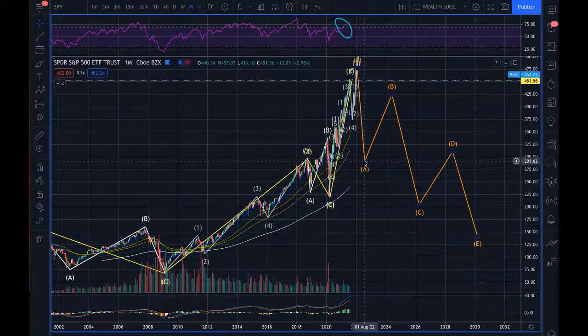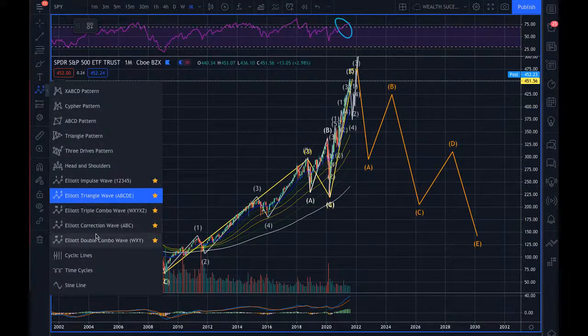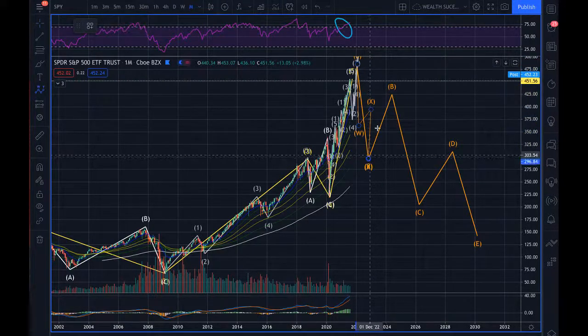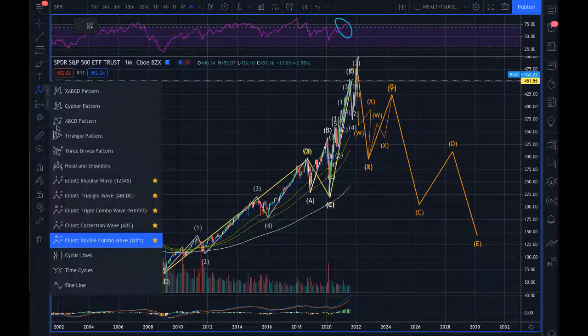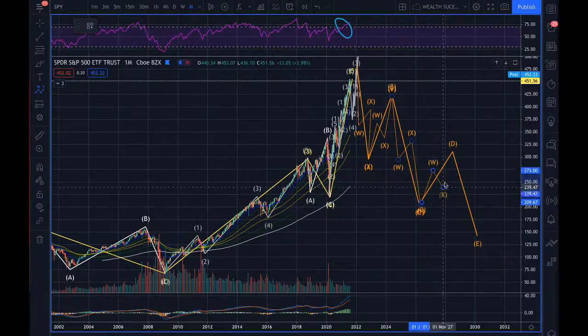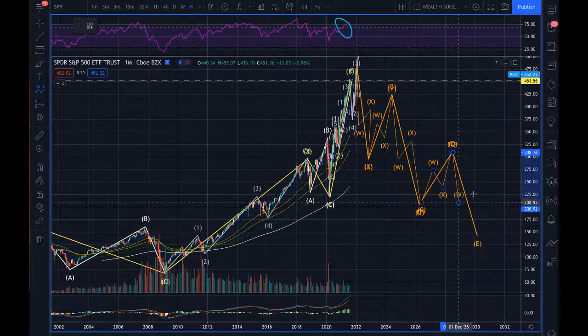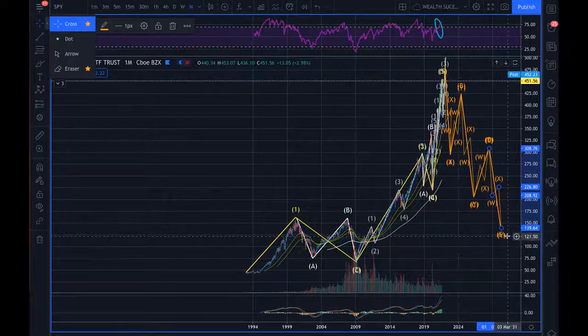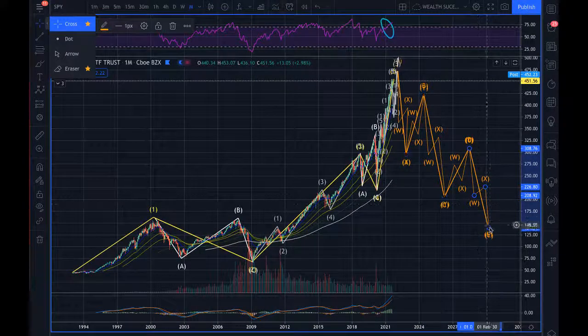with 1, 2, 3, 4, 5 waves, but then these ones have subwaves of 3, not 5. Something like this. And this isn't the only other pattern that it could be, but this is one of the other patterns in a corrective wave. And I'm just drawing out all the subwaves because it would be something like that. That's a lot of action downwards. And that would take, as you can tell at this timeline down here, now this isn't exact because I'm just freehanding an example, but just the one I just drew, that would take 10 years to make it all the way to the bottom. So this next correction is quite terrifying,